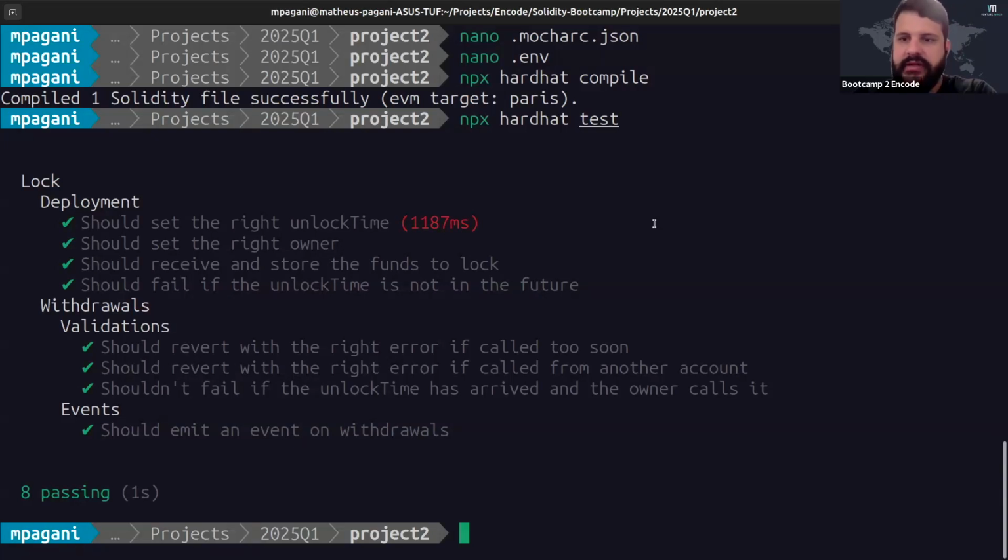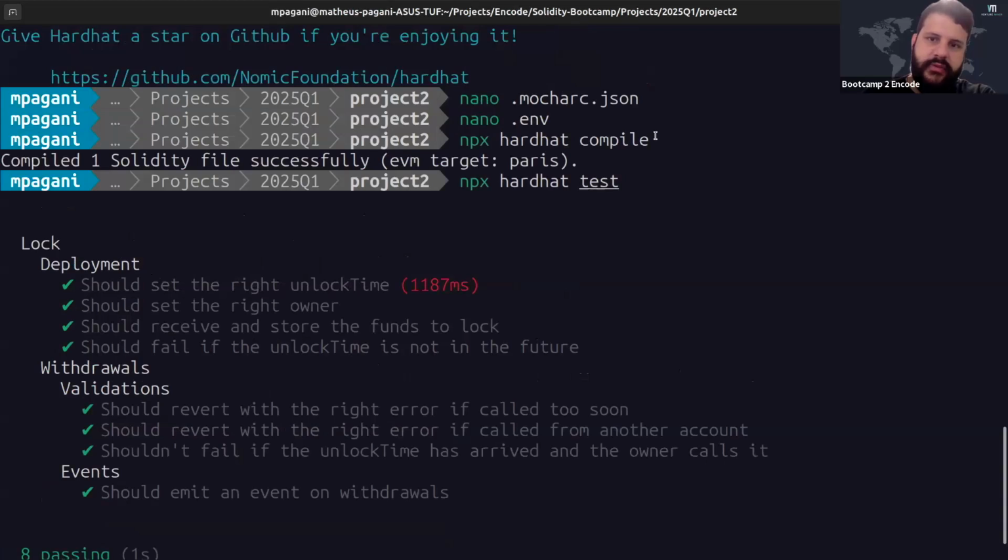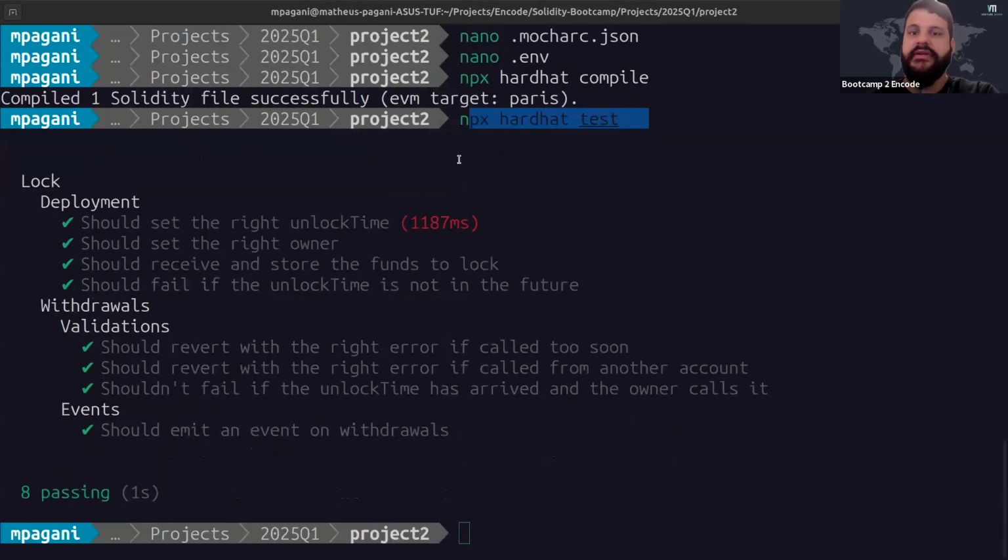having Hardhat installed, having it ready to compile things and test things, nothing to do with the OpenZeppelin contract. The OpenZeppelin contract was just a showcase. Okay, this is about setting up a new project with Hardhat. Okay, now that we saw that OpenZeppelin uses Hardhat, and now setting up a new project with Hardhat, these are the steps. Okay,